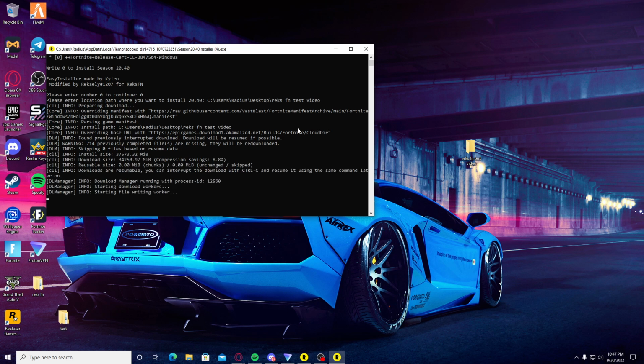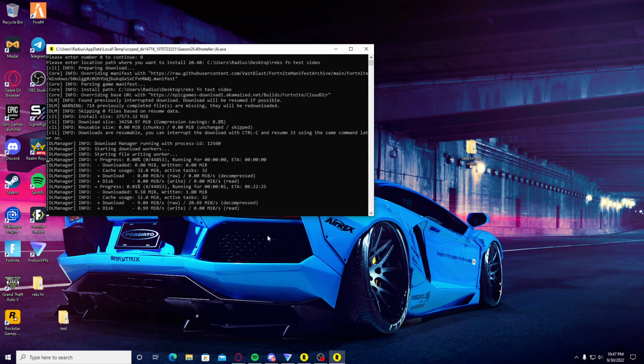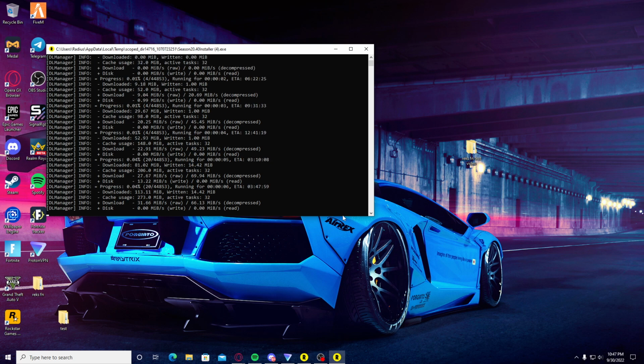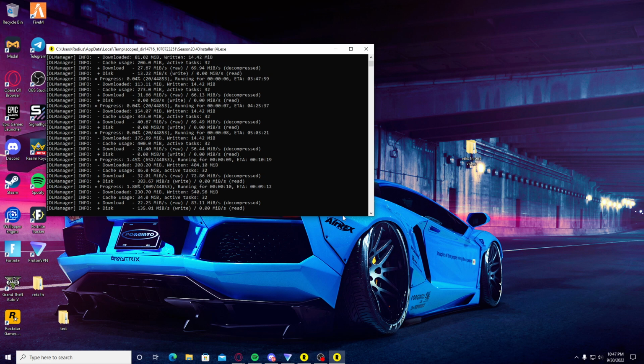It should give you an ETA on how long it is expected to download. For me, it takes around 10 to 30 minutes because I have a very fast PC, but for some of you guys, it could take 30 minutes to even up to an hour, depending on if you have a slow PC. Basically, what it's going to do is going to install all the required downloads for Fortnite Dev, and